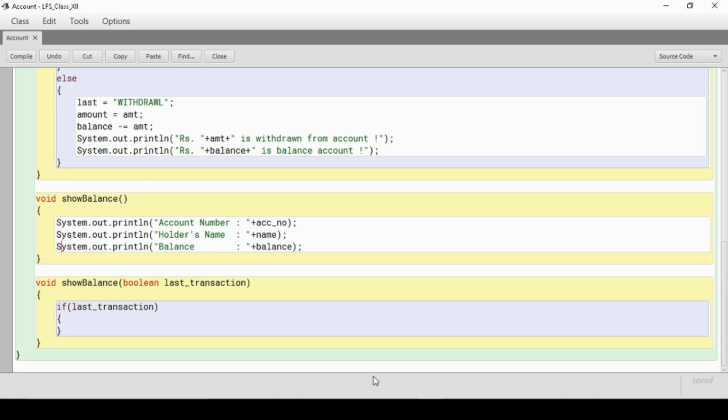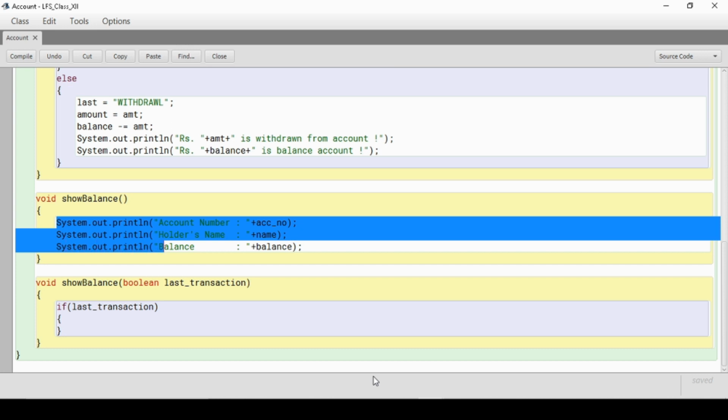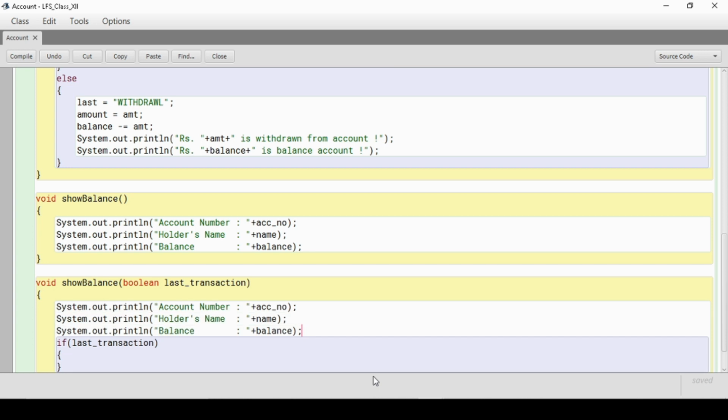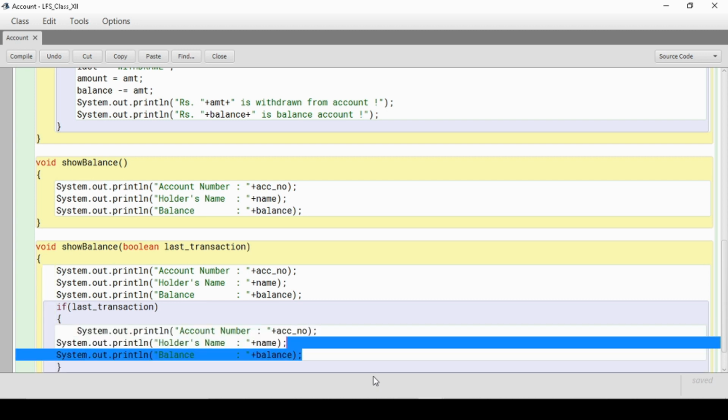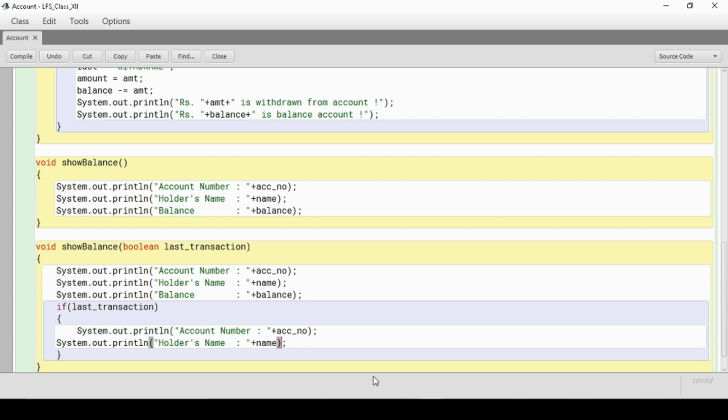So what I will do here, I will normally print this thing. So this will be printed always. And in case the last transaction is true, I will print two more things. Now what are those two things? I will print what was the last transaction the user made and how much amount he took from it.